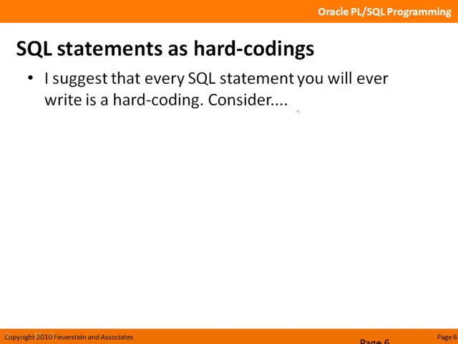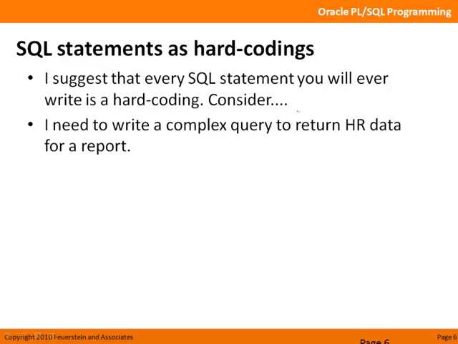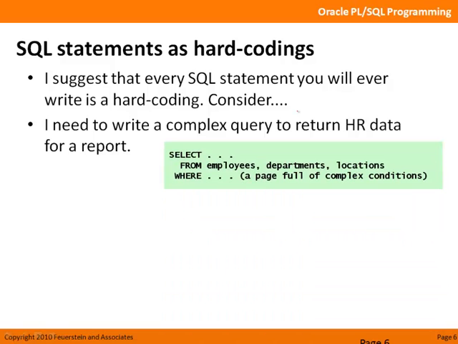Well, consider a scenario like this. I'm working on my HR application. I need to write a complex query to return data for a report. Maybe it's a 5-way join, a 10-way join. You can all imagine one of your own monster queries. Very complicated, very hard to optimize. I work and work and work, and I do it. I've got a page full of SQL, very complicated, but after several days of hard work, I verify that it returns the right data. The performance seems okay, and I use it.